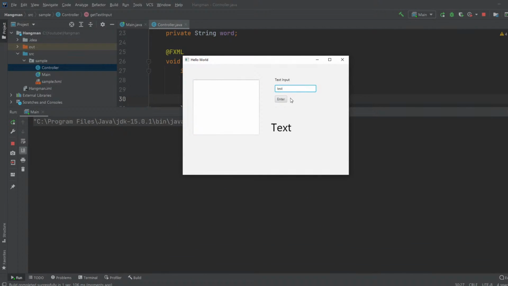We can simply go test, enter, and now we have a showcase that our word contains 4 letters, like this. And now we just need to make a process where if I check using A, for example, it would say either correct and then add the letter A to our string if A is actually inside our word. Otherwise, we'll start building our